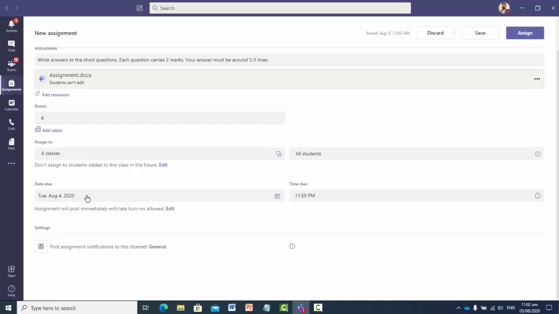So down here, here is the date and here is the time. So today is 3rd of August and tomorrow is 4th of August. So this assignment will be due on 4th of August 2020 until 11:59 p.m. Assignment will post immediately with late turn-ins allowed. The students who return their assignments later than this time, 11:59 p.m., will be allowed to return their assignments, or either you can click here edit